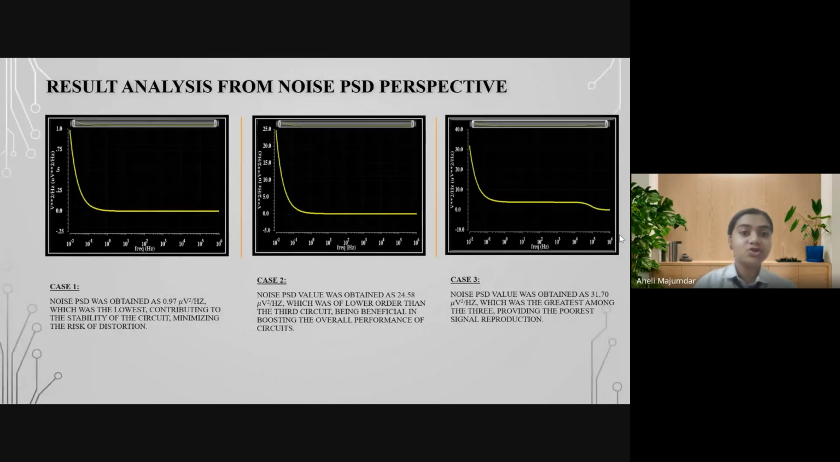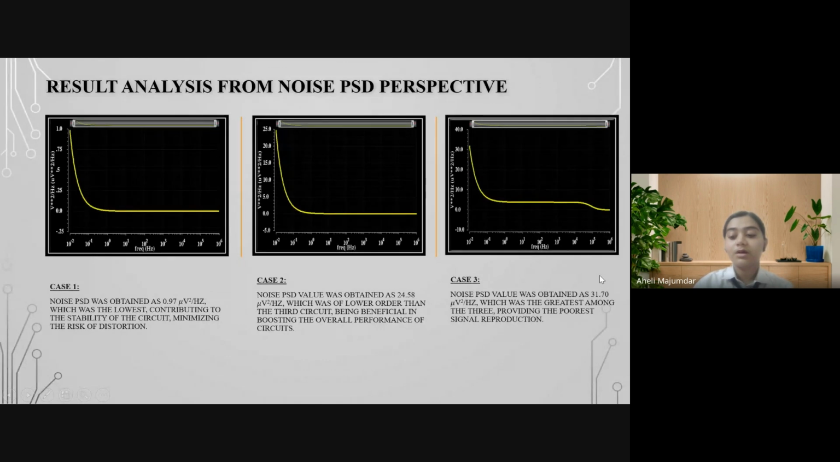The next slide shows the results from noise PSD calculations. The noise power spectral density, or PSD, values were obtained as 0.97, 24.58, and 31.70 microvolt square per hertz, respectively, again for the 3 circuits in order. This time, the third circuit gave the highest noise PSD value, which was undesirable, followed by the second and the first configurations. The unity gain buffer circuit gave us such values because